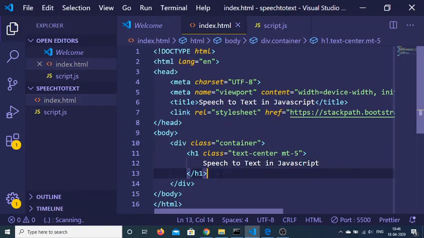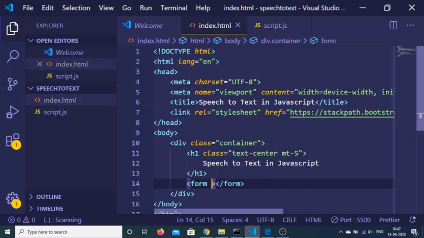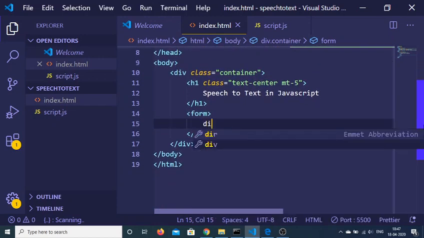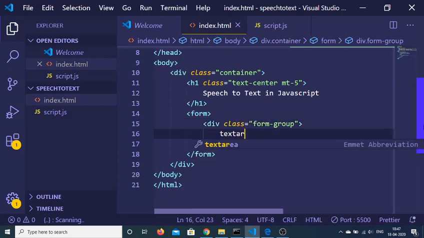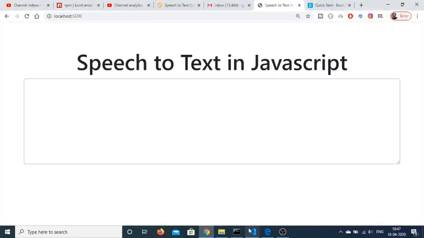Now after this we will be having a simple form, and inside this form we will have a text area. So for that we will be binding a form group class of bootstrap. Inside this we will be having a text area and it will be having a form control class. We will not give a name. Columns are also not required. We will be giving the rows as 6. So basically if I refresh, you will see my text area,